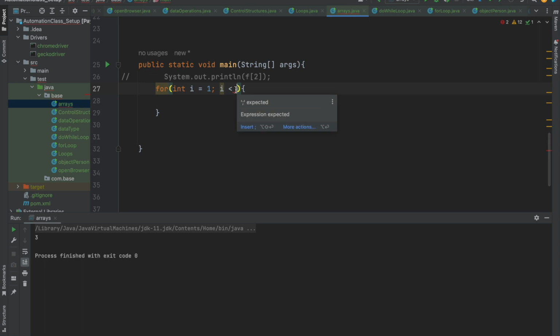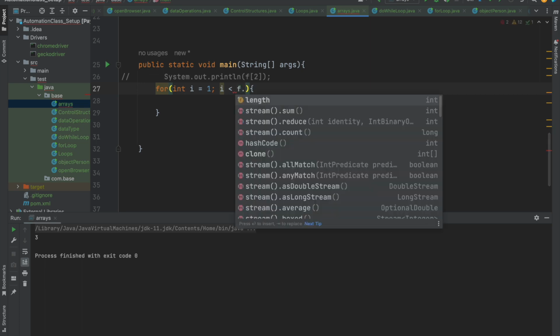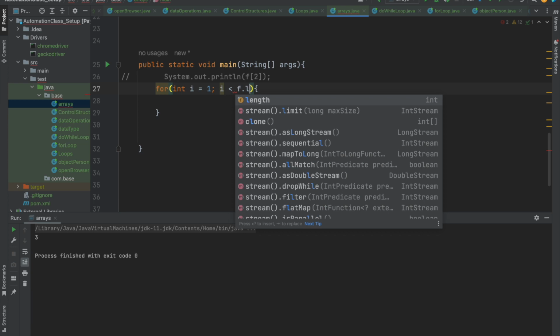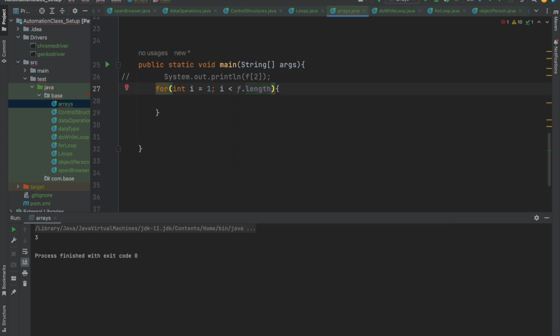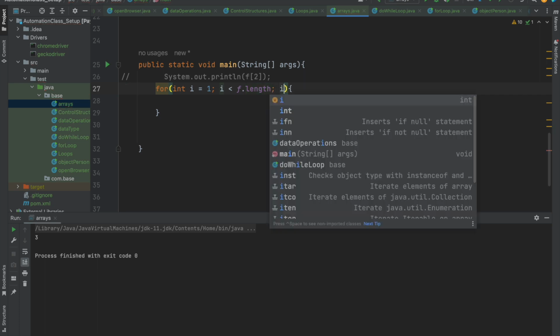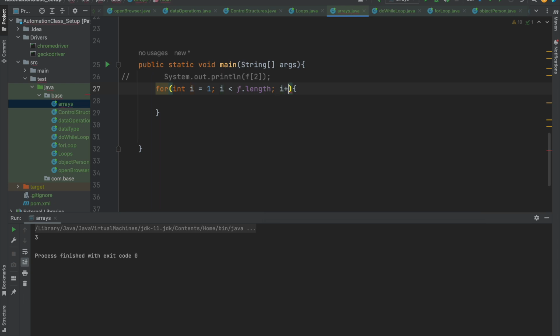I less than the last value of f. Then increment by 1. So starting from 1, we have 1, and then 1 plus 1, 2, is 2 less than